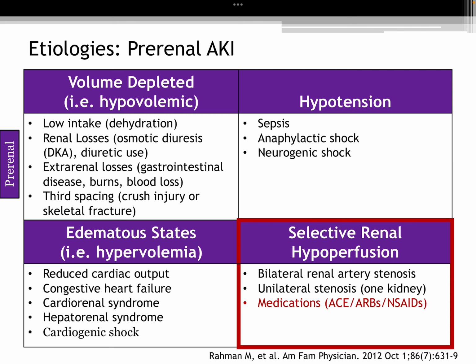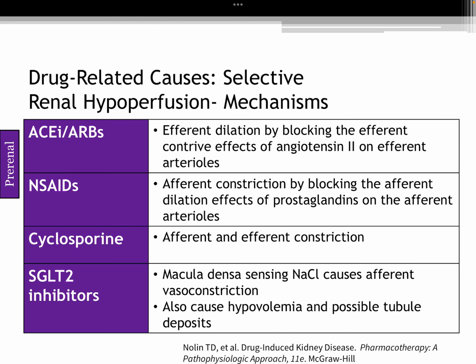Now, we talked about the bilateral and unilateral renal artery stenosis. Let's talk about medications that cause prerenal AKIs due to selective hypoperfusion. We have a couple different here. So we have your ACEs and ARBs, your NSAIDs, cyclosporine, and SGLT2 inhibitors. Now, we did talk about SGLT2 inhibitors when we talked about it causing diuresis, but it also causes afferent vasoconstriction